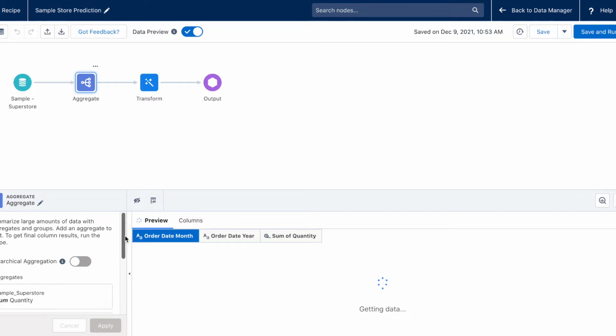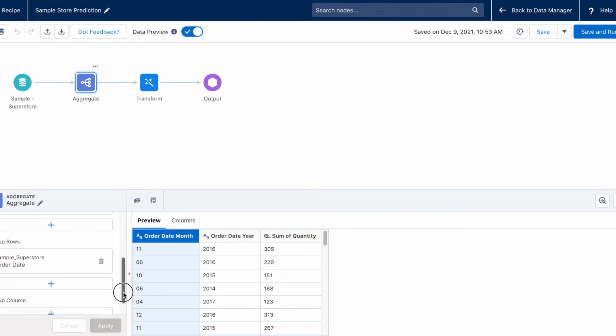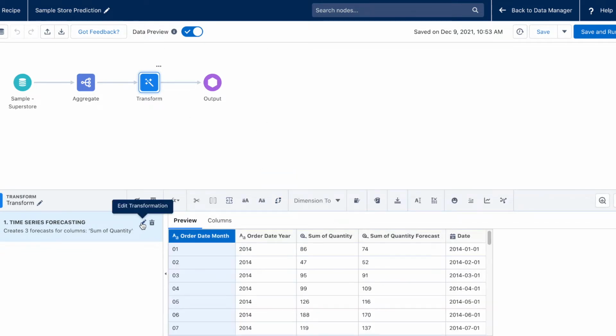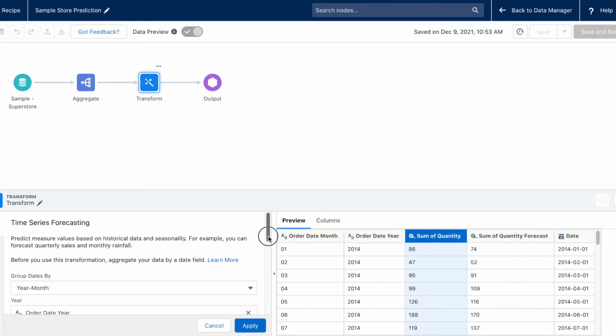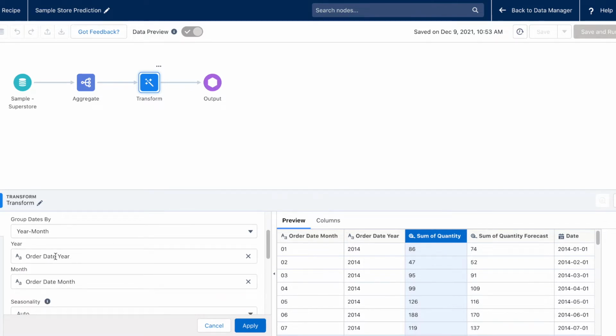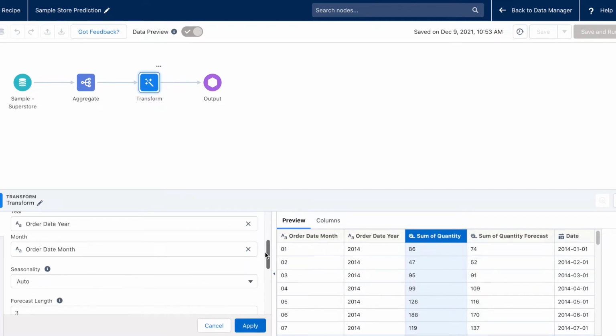I want to forecast the quantity, and I've aggregated the quantity, and my grouping is order date. So I'm grouping it by month and by year. And then finally I apply transformation, so I apply time series forecasting. We group dates by year and month, and we specify the column, which is the order date year. We also specify the order date month as the month.